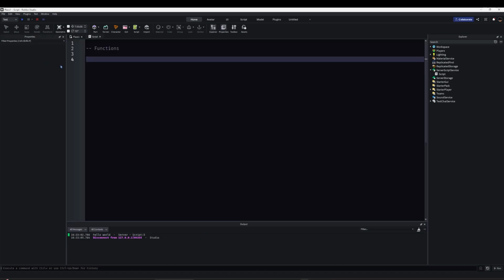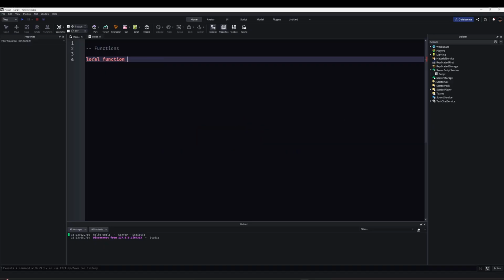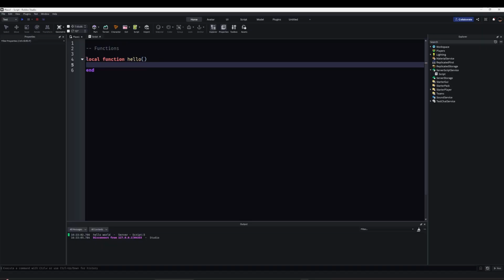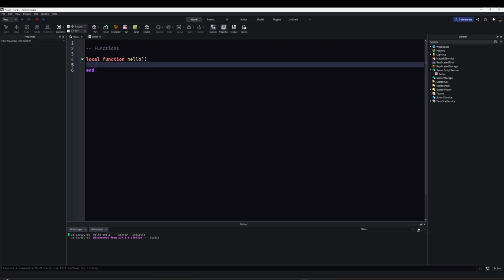Alright, now we're going to learn about functions. We can create a function by doing local function, and now we put the name of the function, let's call it hello, and then parentheses. Over here, do enter, and now it's going to be our function right here, which is going to close off at end. So in this function, let's print